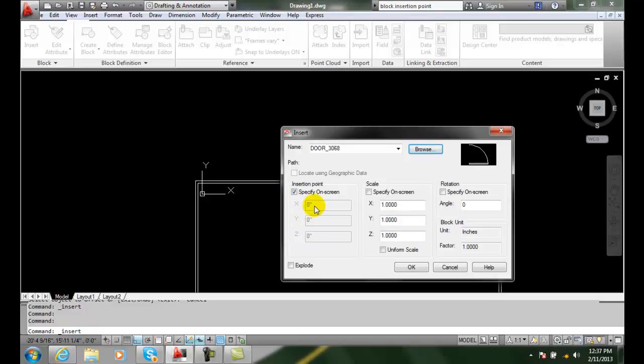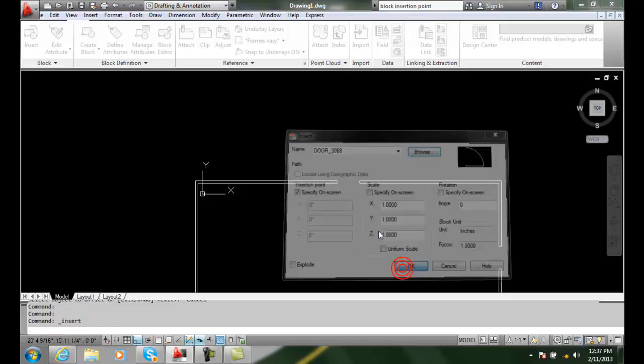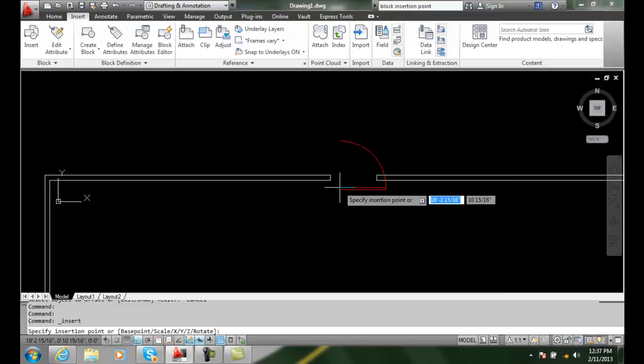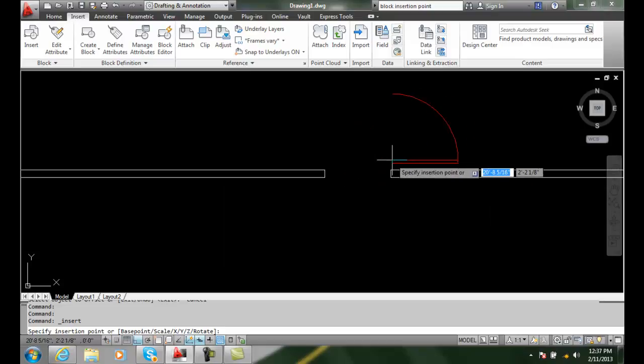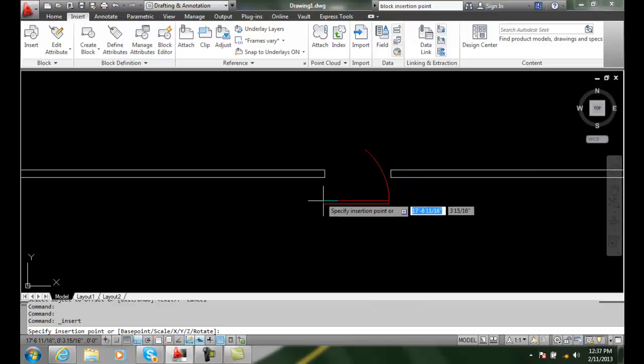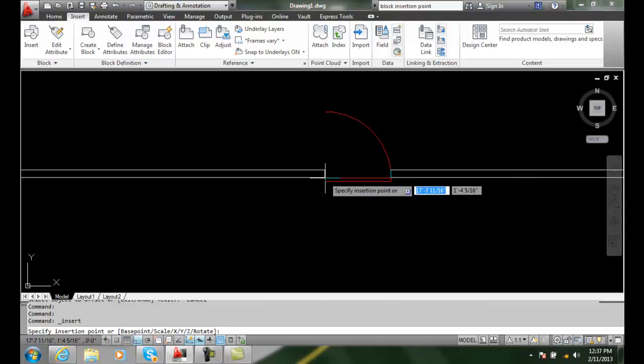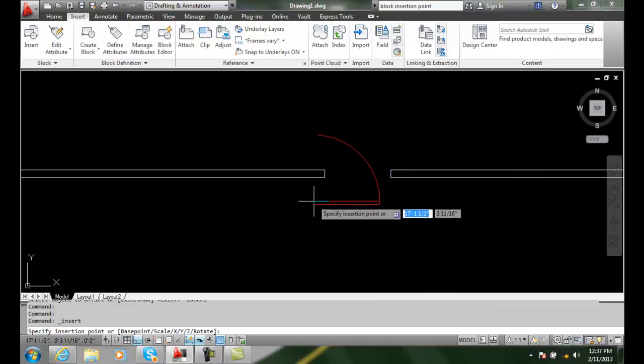If we knew the exact coordinates in the X and the Y, we could key it in, but that's hardly ever known. So we're always going to scale it on the screen. So we say OK, and I've chosen my door, 30-inch door, and I come over here, and now I'm going to say, okay, where do I want to place this door? And I want to place it right here on this corner, and so I'm going to actually do a shift